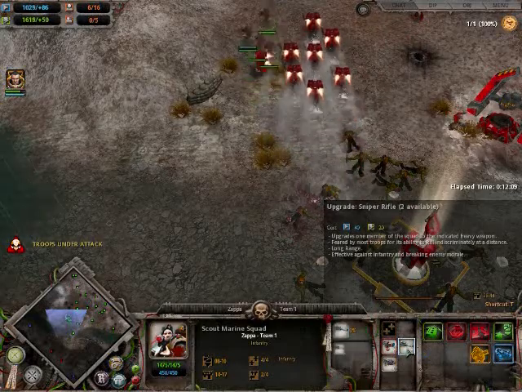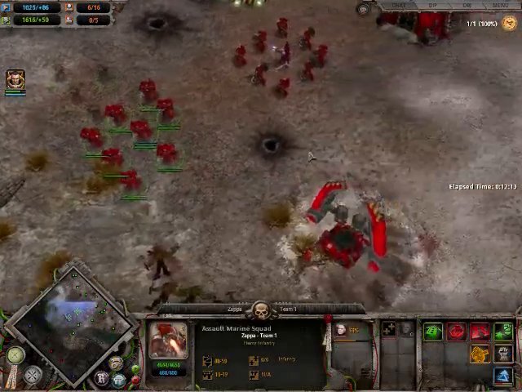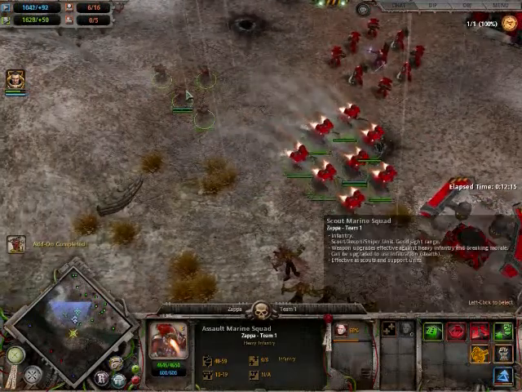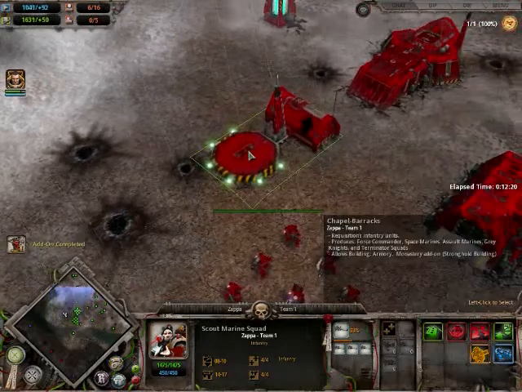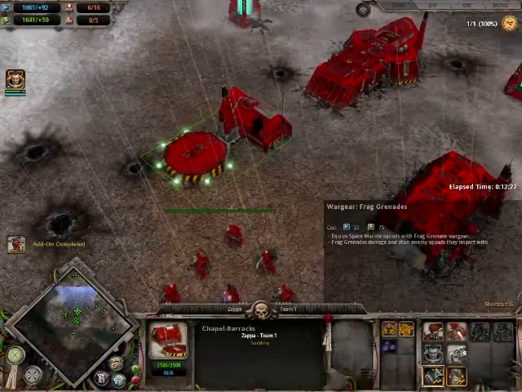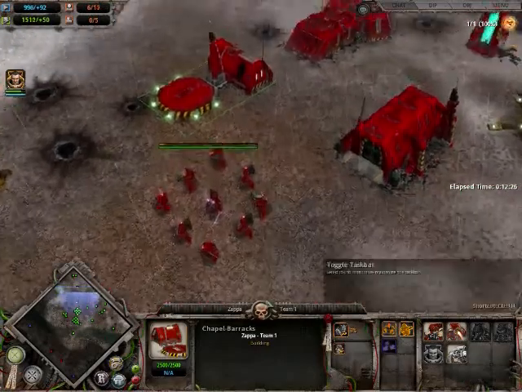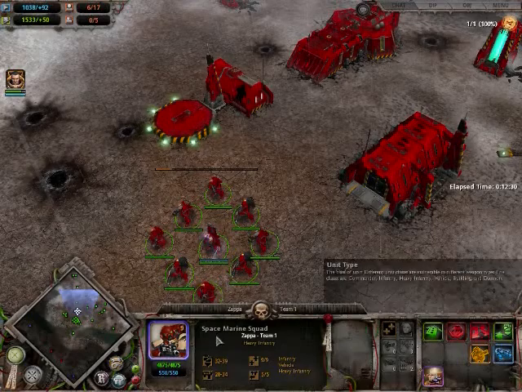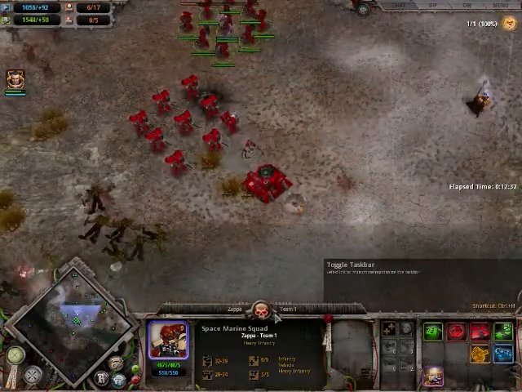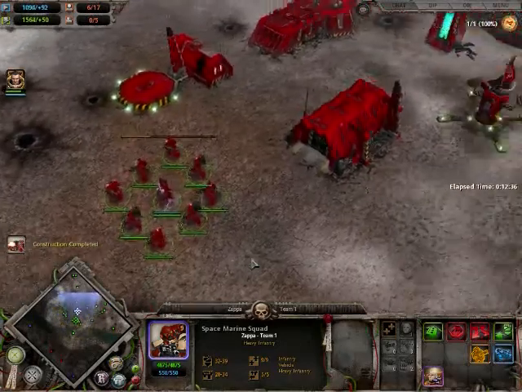Scouts in position. I'm gonna add some sniper rifles over there. Okay, we'll get frags and melta bombs. Those are special grenade weapons you can use with your standard troops that allow you to do, well, frag grenades do damage to infantry and melta bombs do damage to